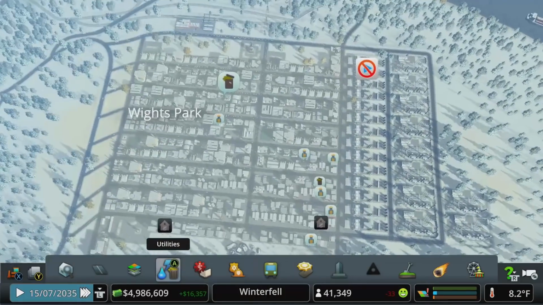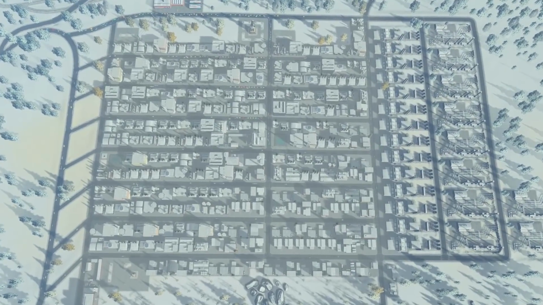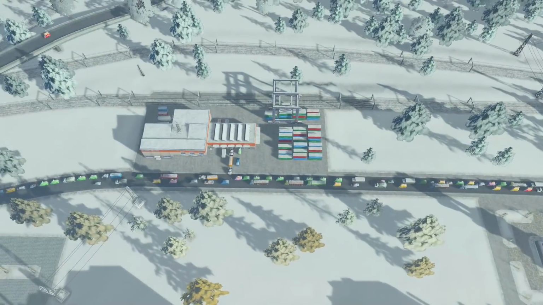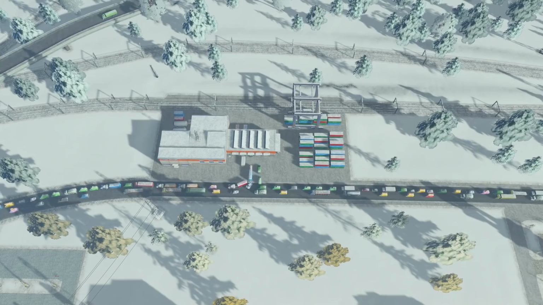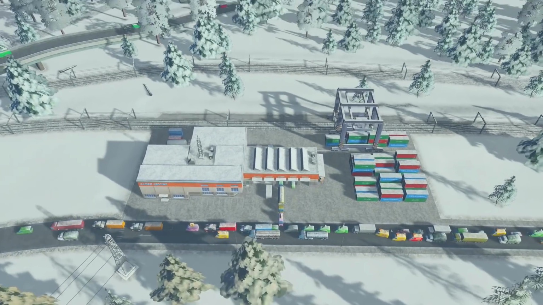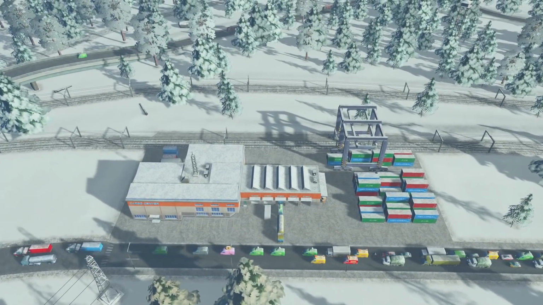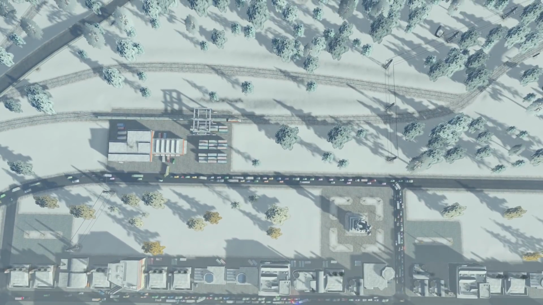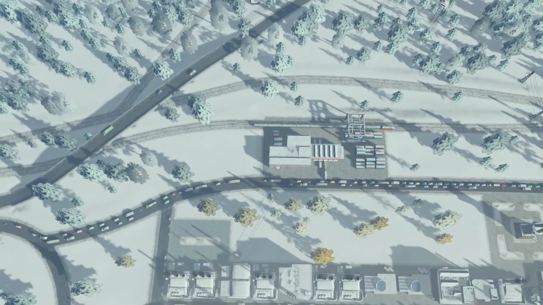So this zone, let's take a look at it in cinematic. It's a little slow getting out by the train station. We could try and improve that a bit. One thing that you could do here is you could move this just back a little bit, have a little collector road, a little on-ramp, off-ramp. Doesn't have to be anything too fancy, but just to get them out of the main flow of traffic here. It's only a 2-lane road,